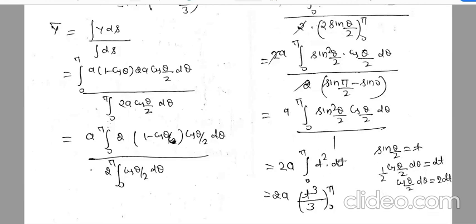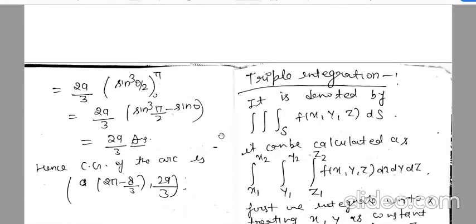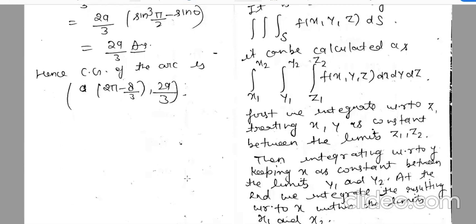Now, t squared dt here, so 2a t cube by 3 from 0 to pi, and t is given as sin theta by 2, so 2a upon 3 sin cube theta by 2 from 0 to pi. So 2a upon 3 times sin cube pi by 2 minus sin 0. So 2a upon 3 is your second center of gravity here. Now we have all our centers of gravity, x bar and y bar. So just write your